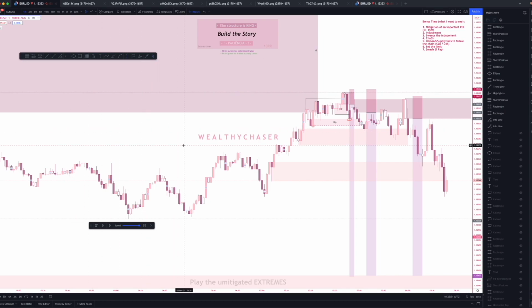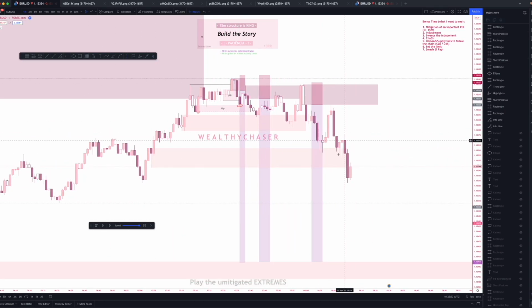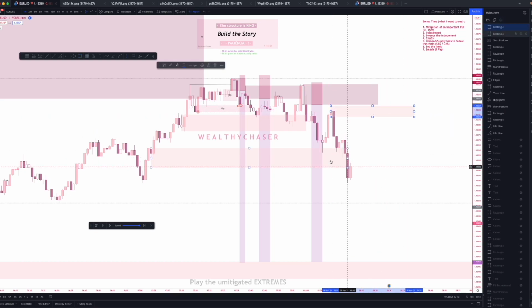I was seeing that maybe price is not coming to mitigate this zone, because price may leave some unmitigated zones, right? So now what I have is this extreme that caused the failure. But this for me was a decisional. Why? Because look at this. We swept liquidity. This candle swept liquidity. So for me, this is a decisional entry.